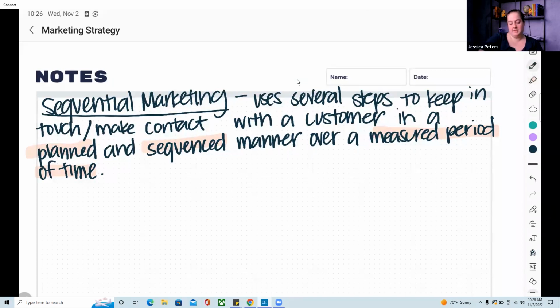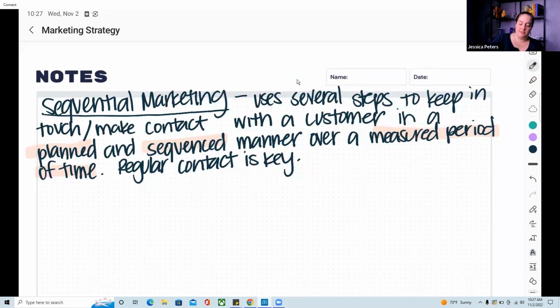And I'm going to add this part because this also applies to lead management. Regular contact or attempted contact is key. So we want it to be in a consistent, regular way, especially once we get to lead management, which we're going to talk about, which is another form of marketing. It's just that now we have the correct number for that homeowner. We're still trying to manage that relationship and get them to sell their house to us specifically. So even then, regular contact is key, and having a planned and sequenced manner is still a type of marketing, even when you're dealing with lead management, right?